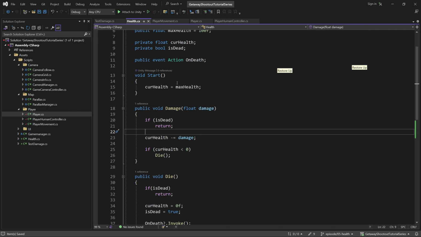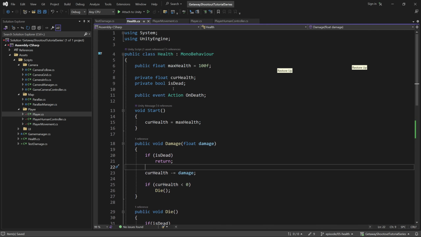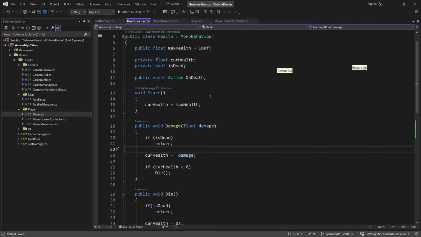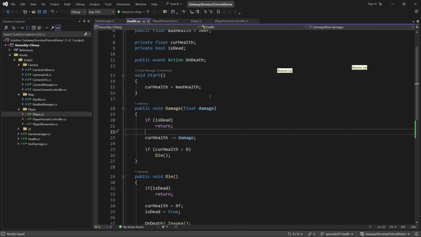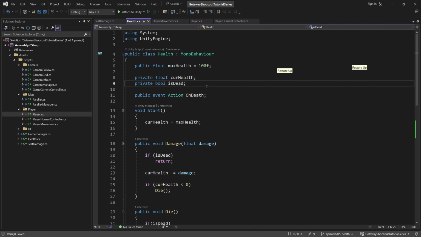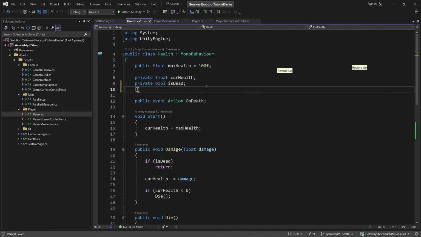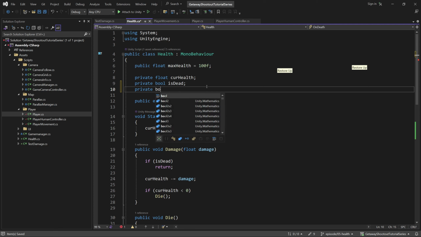Okay, so that's basically everything a base health system would want. I'm just going to add in some extra functions that we'll use in future videos with power-ups to change the health functionality. First one I'm going to do is create another variable and call it